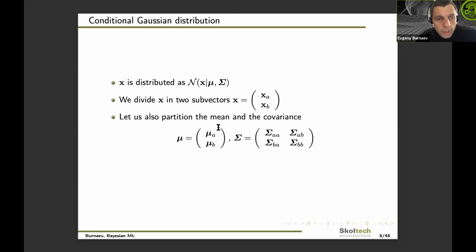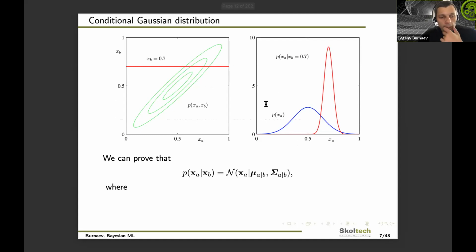And so we divide the mean vector in the same way. The mean vector mu is divided into subvector mu sub a and the subvector mu sub b. And the covariance matrix sigma capital is divided into four submatrices, sigma capital AA, AB, BA, and BB. These are covariances between components of these two subvectors. And the property